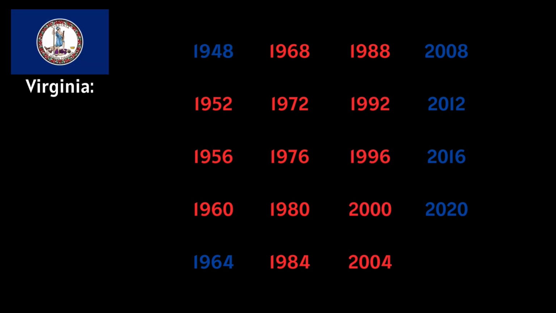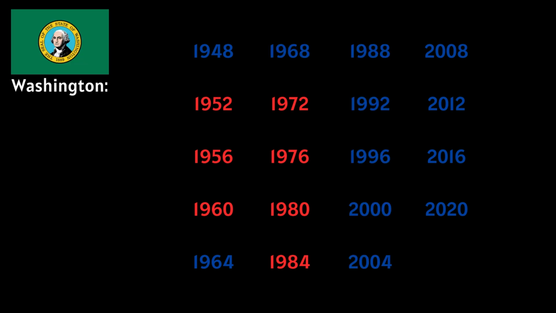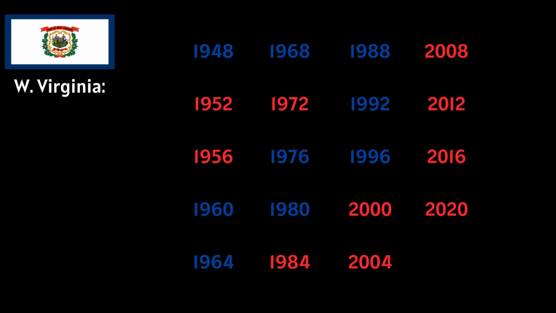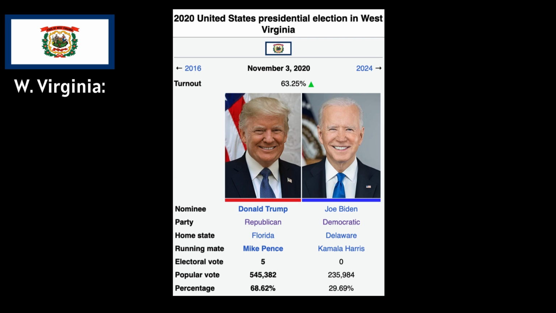Virginia has voted for 13 Republicans since 1948, compared to 6 Democrats, but the Democrats have won Virginia in every election since 2008. Since 1948, Washington has only voted for 7 Republicans, most recently in 1984. Although nowadays West Virginia is very conservative, the state voted blue in 1948, 1952, 1960, 1964, 1968, 1976, 1980, 1988, 1992, and 1996. In the 2020 election, however, Trump received more than double the votes that Biden did in West